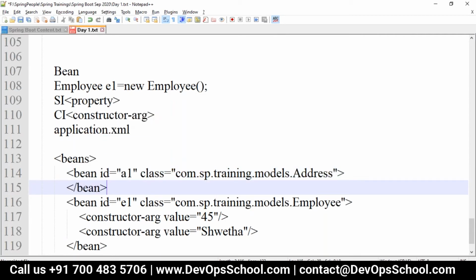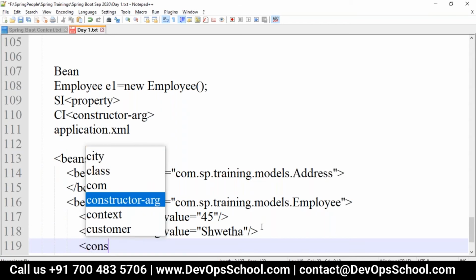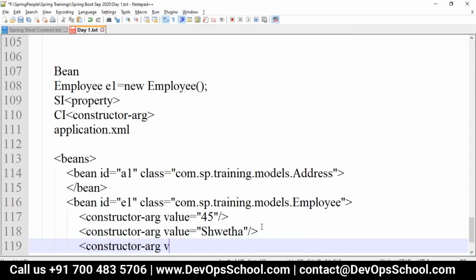Either we can make it an inner bean, so this can be written inside E1 itself, it becomes an inner bean, or we can use it here as the third constructor argument as an address instead of a value.